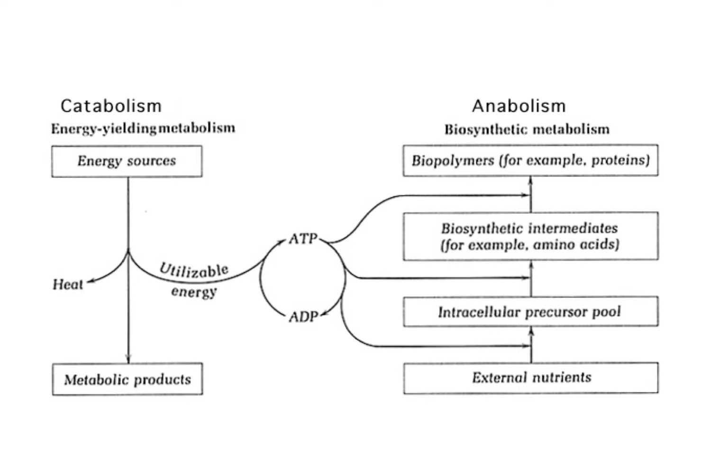Biosynthetic metabolism begins with these external nutrients, your food essentially. Then the energy from the ATP changes those, for instance, glucose, into other products. Then you get this intracellular precursor pool. More energy is needed for biosynthetic intermediates, such as amino acids and nucleic acids, and eventually you get to polymeric molecules such as proteins and DNAs that also need ATP, and actually a large number of